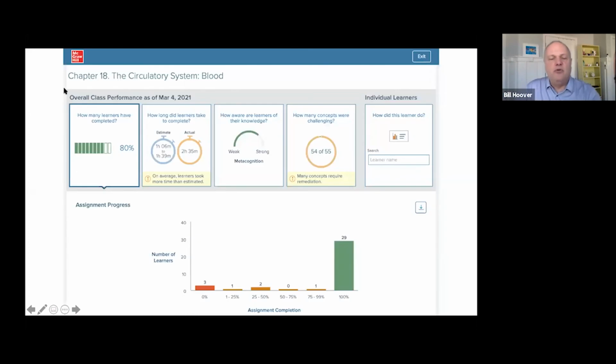So whenever your students are doing these assignments, especially in the Smart Book, you're going to see at one very quick glance, there's no longer just reports that look like a bunch of spreadsheets in Excel. Now you'll see that this is highlighted in dark blue. 80% of my students have completed my assignments. That's really good. Okay. And then if I go to the next one, plus if I were to click on any of these and I want to say, wait a minute, who hasn't completed this? If I clicked on that orange box, I would see who those 3 people are